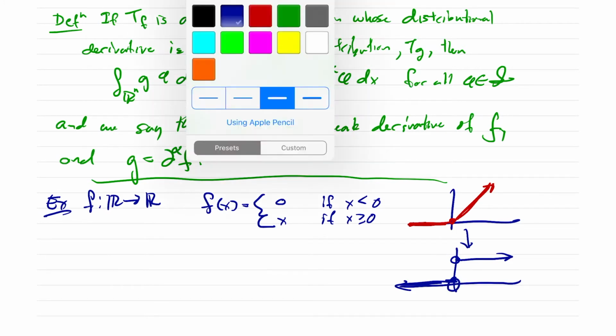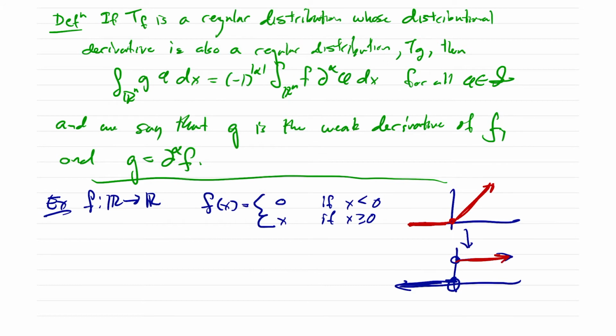And so maybe I should stay consistent here. Let's put a red. There we go. But it turns out it is weakly differentiable, and it gives you exactly what you think you would get. So what we do is we take a look at the regular distribution, and we want to take the derivative of it. Here we'll just say d by dx